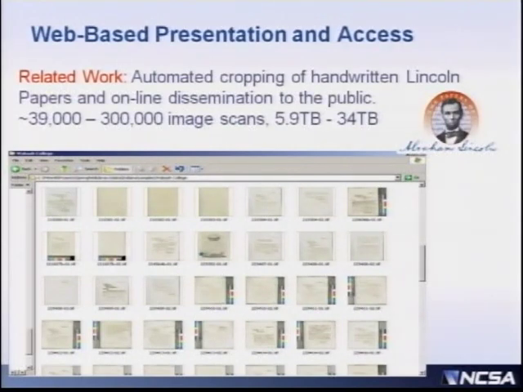Finally, you would like to make it friendly for the end users. So we have worked on the project, automated cropping of handwritten Lincoln papers. You can see I said at the beginning that consistency is very important. These files, some of them are scanned at the National Archives, some of them are scanned at different museums.